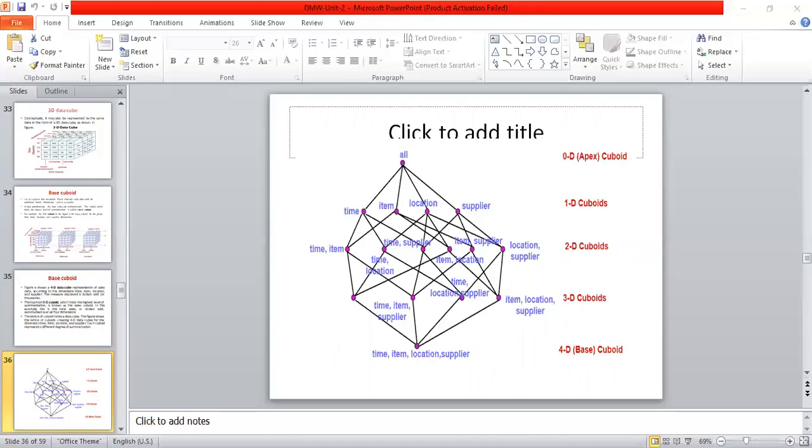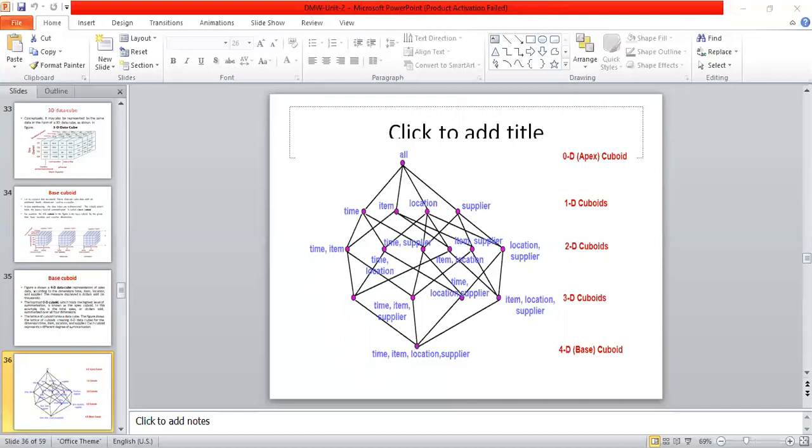So here it is a level-by-level distinguishing of the data, right? If I see here, this is the information of all. Then if I select the 1D, it gives information of only one particular dimension: it shows only time, only item, only location, or only supplier. If I go into more detail, then in a 2D, it shows one timestamp having two or more connections, right? If I add items, then time and item, time and supplier, time and location, likewise.